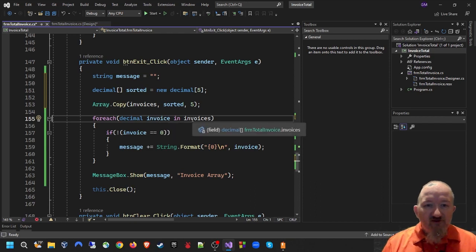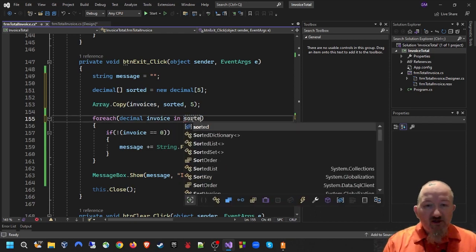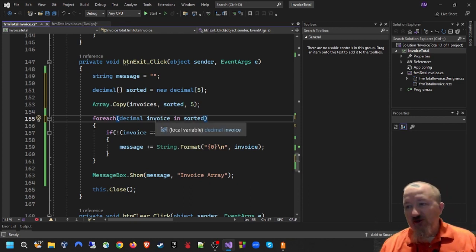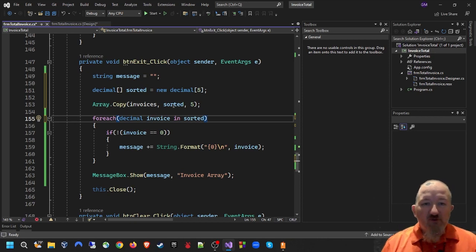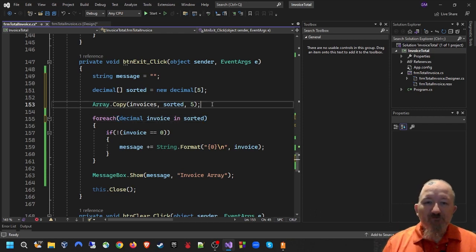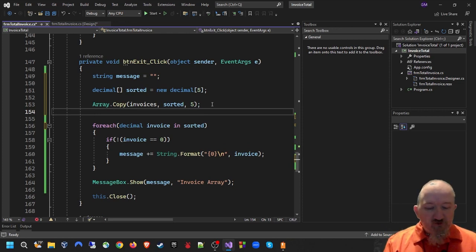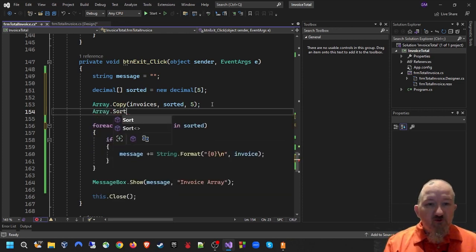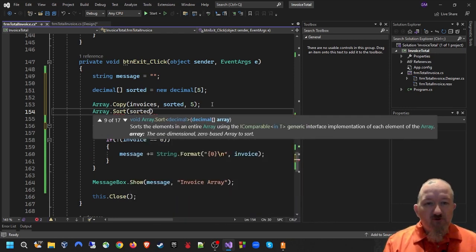instead of invoices, we're going to say sorted. We can still use the invoices here, or the invoice here, because, again, that variable name doesn't matter. But we're going to go through the sorted list and display the sorted array instead of the original array. And then we just want to sort the array by saying Array.Sort(sorted), and that will